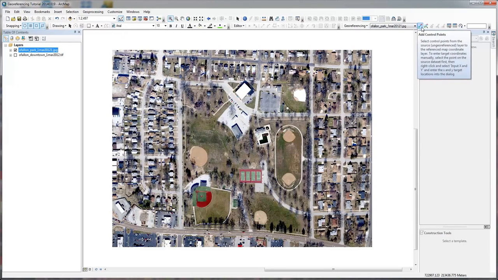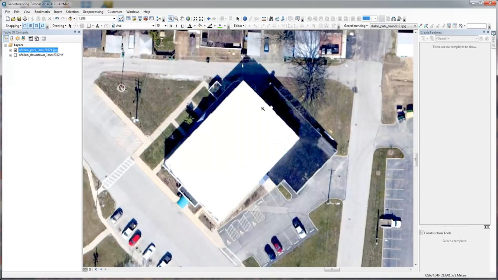So here's what we're going to do. We click on the Add Control Points tool, and we go over to a distinct point on the O'Fallon Park image, and I'm going to zoom in to a distinct point, which is this corner of the Katie Cavens Community Center, and I know I can find this corner of the building on both images, so I'm going to click on it here on the O'Fallon Park image,